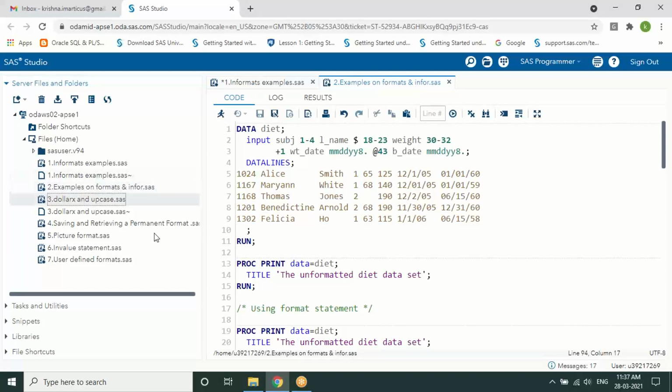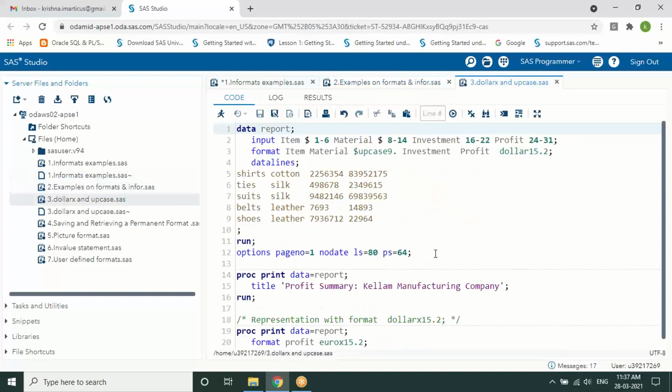The third example is dollar and upcase. You can see there is some data which is lowercase. For one or more variables, you can directly assign a format as well. As you can see here, the item materials are to be changed to uppercase.